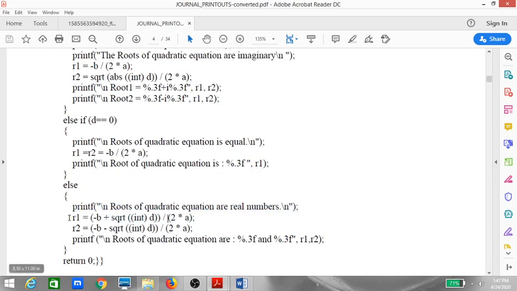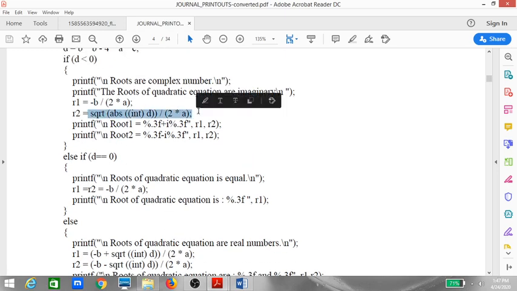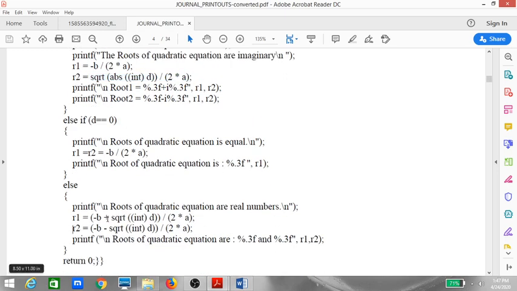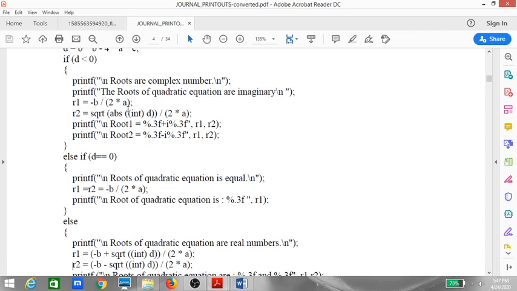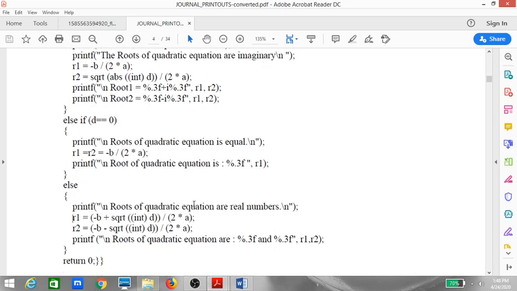Then I calculate two values, that is R1 and R2: minus B plus square root of int of D divided by 2A. This is the same value that we have calculated over here. But here we are not doing it separately as we have done here. Here numerator is 1 and denominator is 1. Here what we had done is we had split the numerator into two halves. That we are not doing.